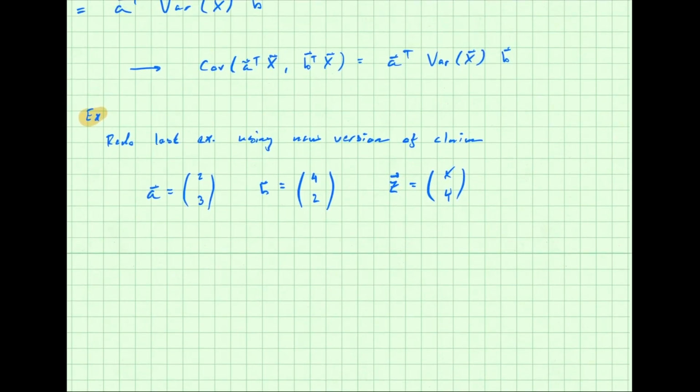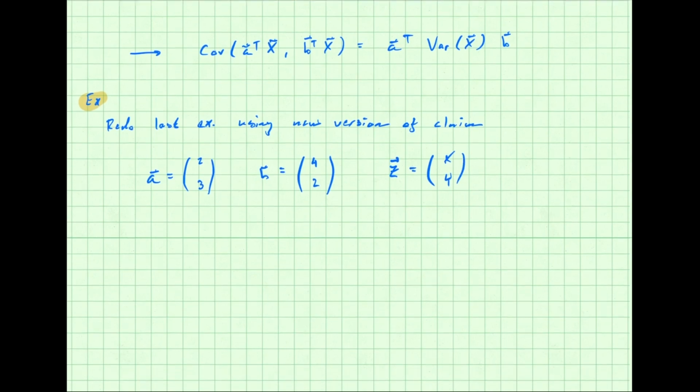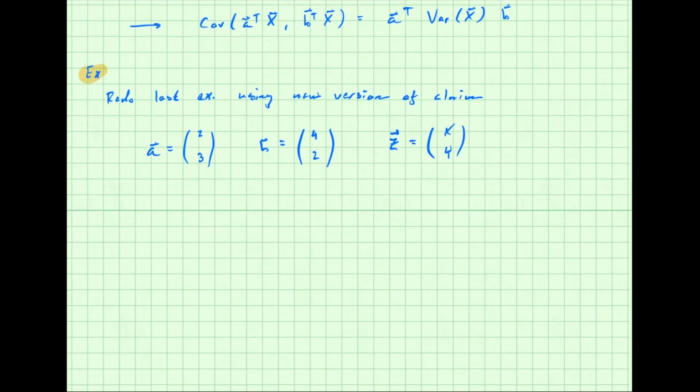Now I think this is the kind of thing where seeing this done with a two-dimensional case is not that extreme. If you have a much higher dimensional case, with many components to your random vector Z, this becomes more powerful. But okay, so the idea is we want to compute on the left-hand side the covariance of 2x plus 3y